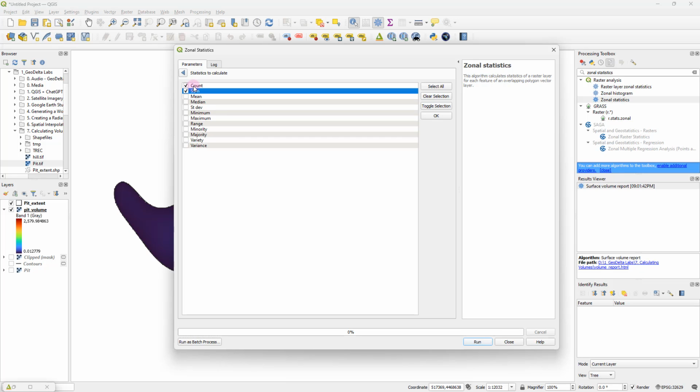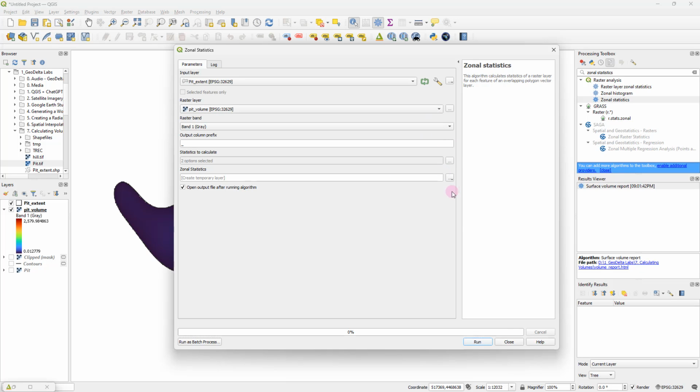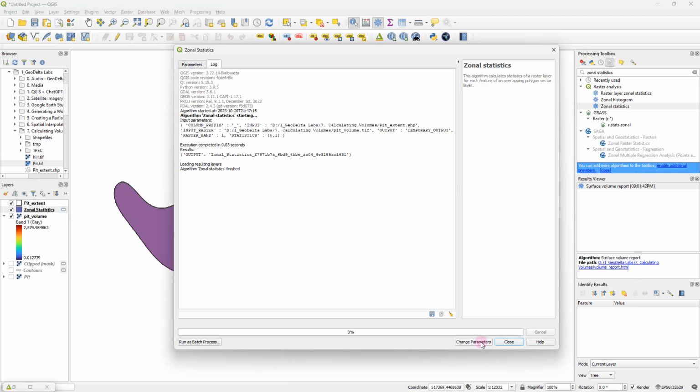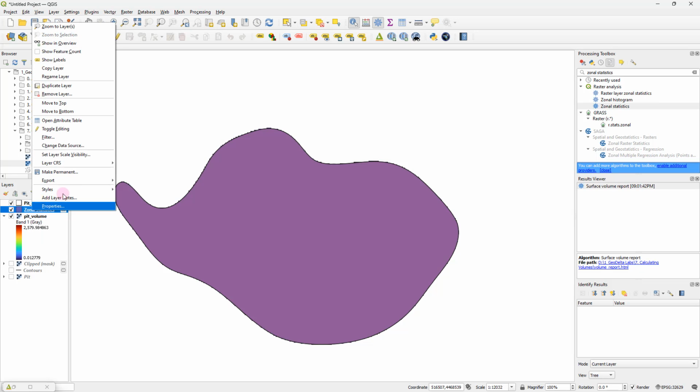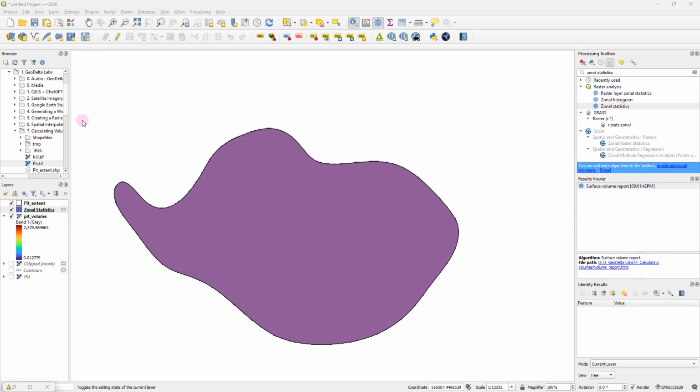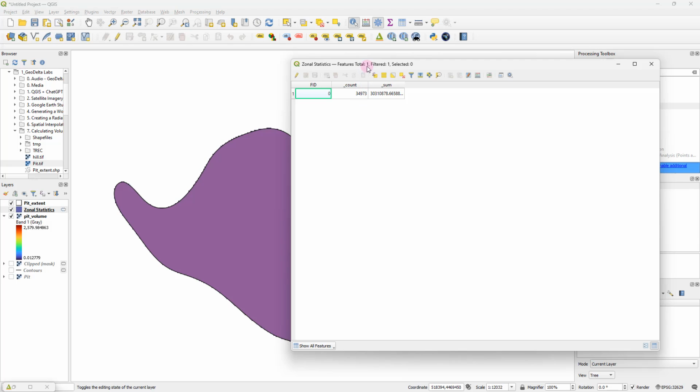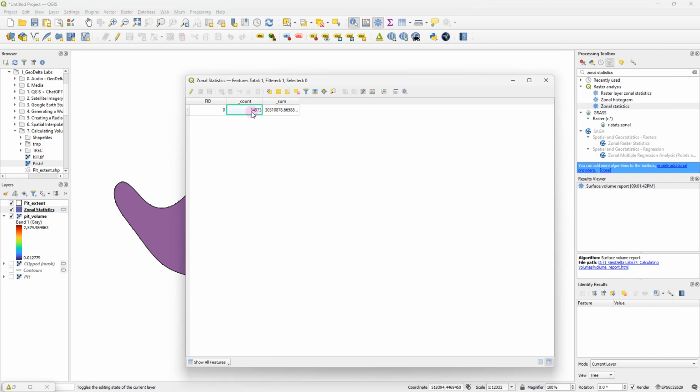I'm just going to leave this count ticked on as well, just out of interest. After that, click OK and click Run over here. Right over here, you can see that it generated a new polygon called zonal statistics. Right click, and if you inspect the attribute table, now you can see the sum, which means how